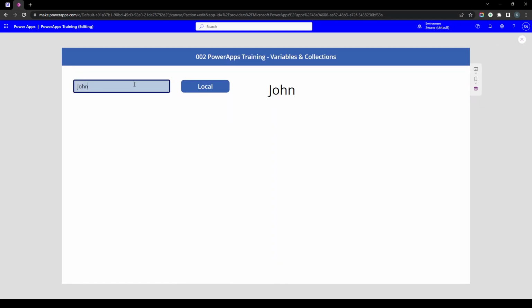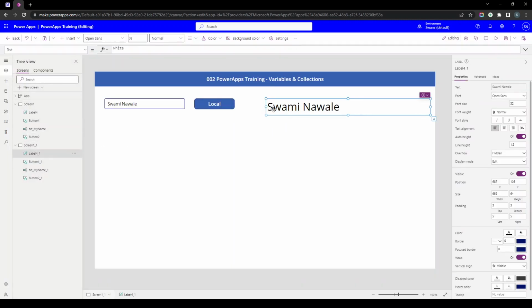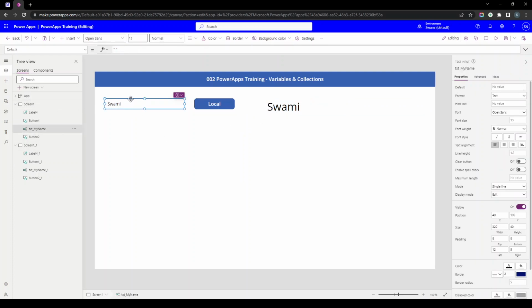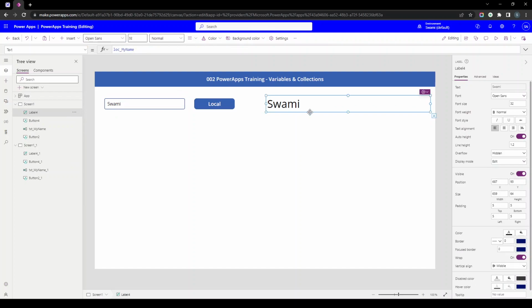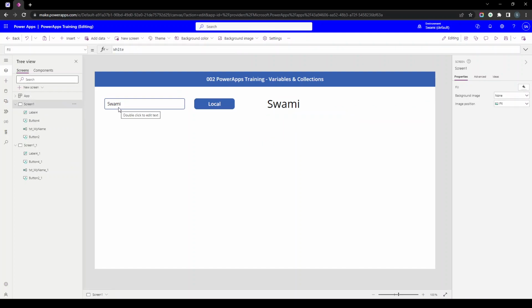So we'll do vice versa. Here I will put my complete name, and I will set its variable value. So as you can see, on the second screen it has my name, but in the first screen, whatever value we have here is appearing. So this is the context variable, and the other part we have is